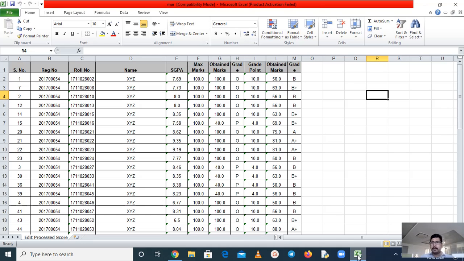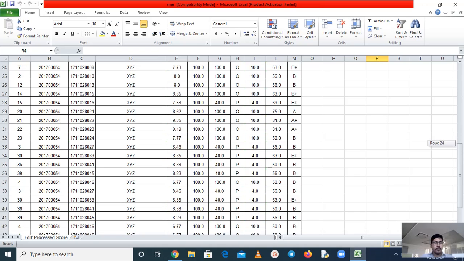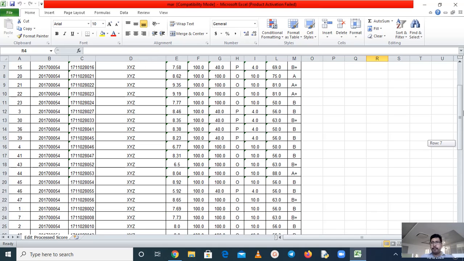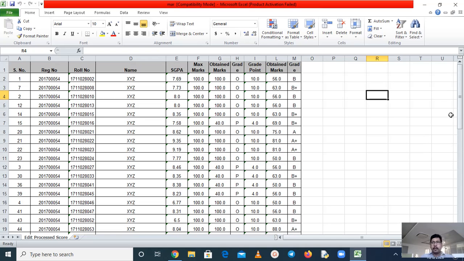Basically this is an Excel sheet, and here you can see there is a lot of data. If you are going to print this, it is not possible to print each and every piece of data within a single page. So we need 2 or 3 pages to print this data, and if there is more data, you will need more pages. Then what is the issue if you print this? So this is basically the header. In the second page your header is not present, or in the third page your header is not present.